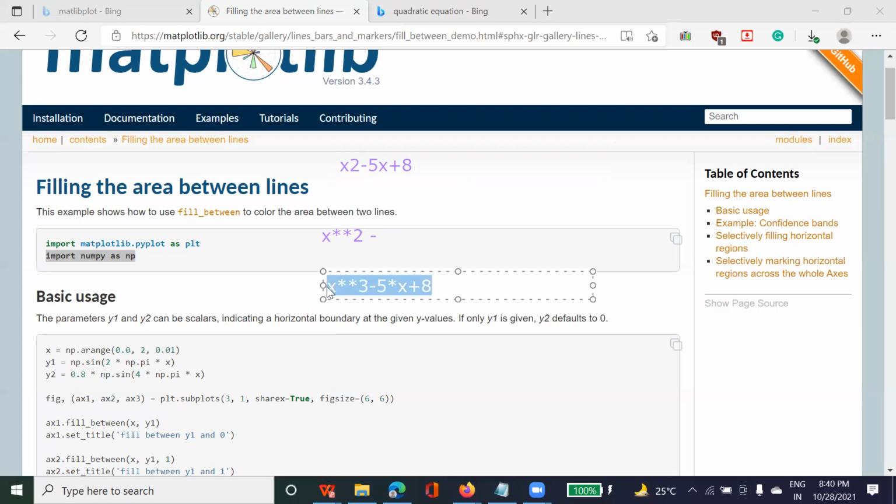Assign this expression to y, and x value you keep like this. So for every x value, it will place each x value within the interval, and you will get a different y value every time. Are you getting what I'm saying?